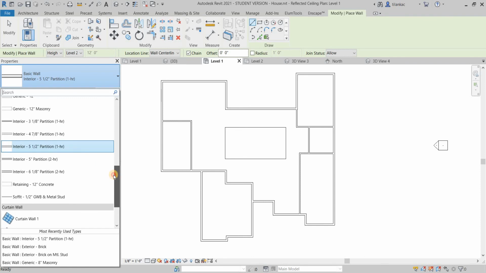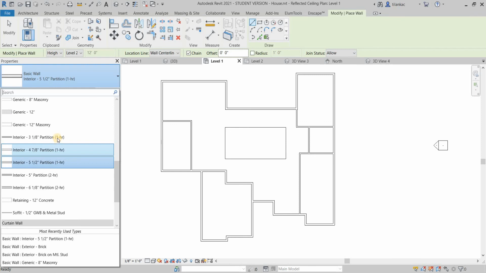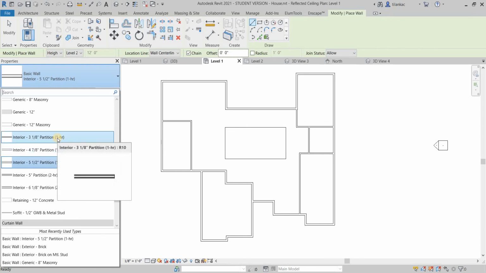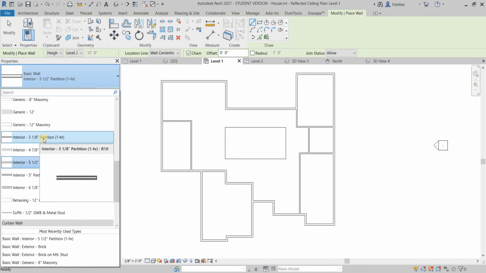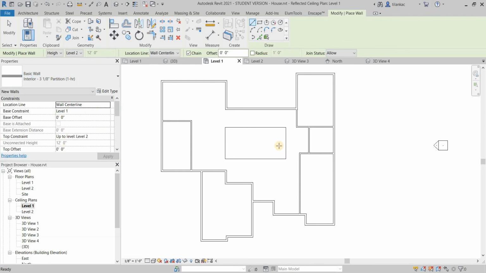So let's go ahead and create one, or use something that we have already. In other templates, like the construction template, you would get a soffit wall, but in this template we don't have a soffit wall, and that's okay. Right, so what I'm going to do is I'm just going to use this interior partition,